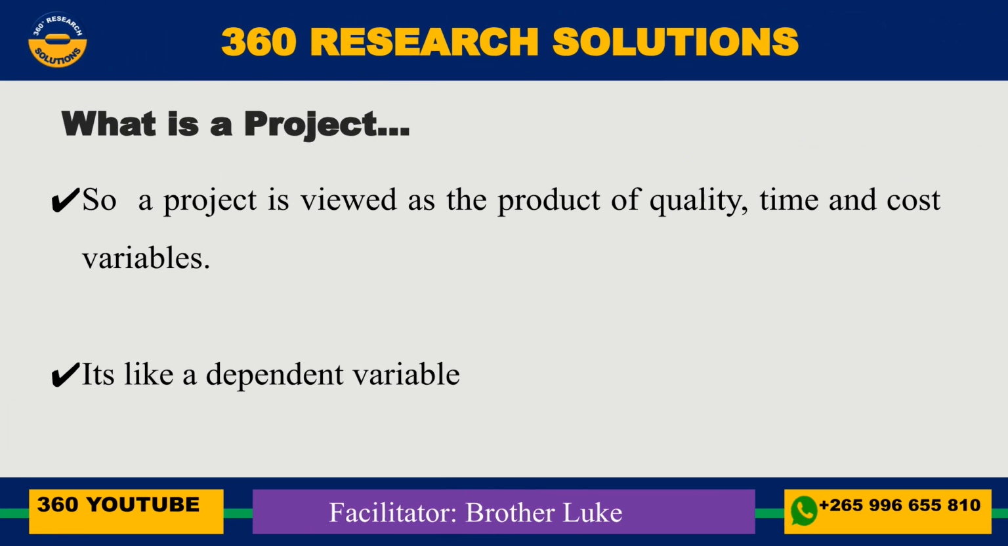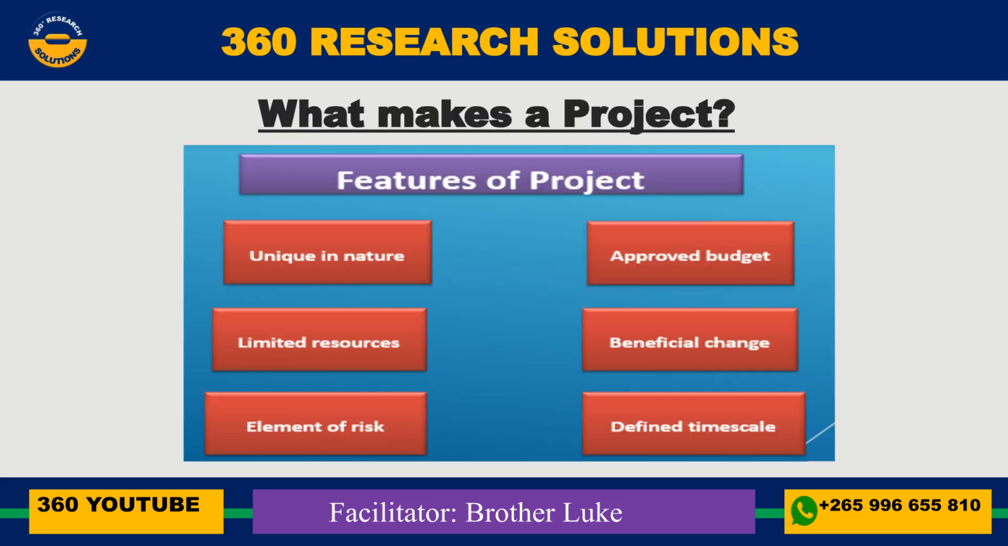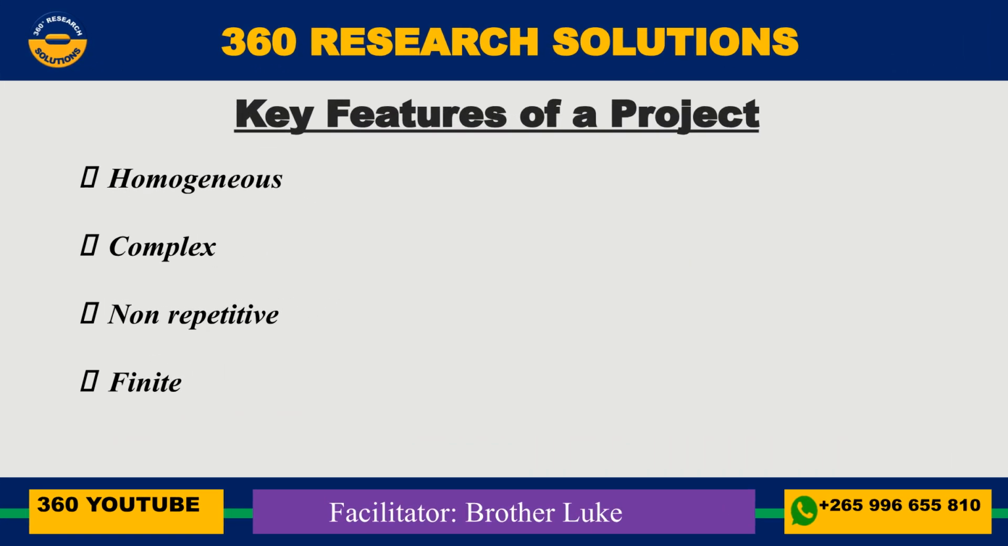A project is thus viewed as the product of quality, time, and cost variables, acting like a dependent variable in this relationship. The features of a project include being unique in nature, having limited resources, an element of risk, an approved budget, beneficial change, and a defined timescale. Key features of a project are that it is homogeneous, complex, non-repetitive,